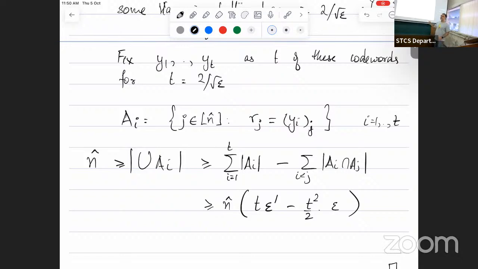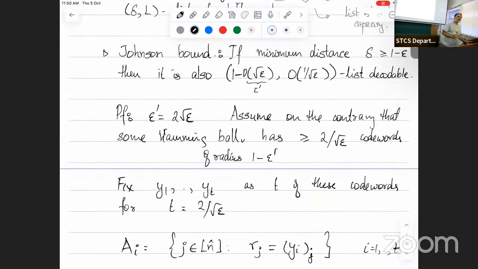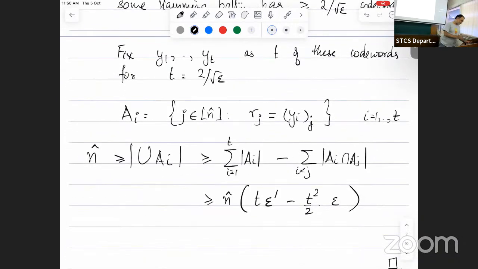The first one was how much? These are all in the ball around the received word R. Whereas for the second one, I'm just taking a bound saying these were two code words of my code. They can agree at most at epsilon fraction of places. So it's at most epsilon. The distance was 1 minus epsilon. Okay. And now